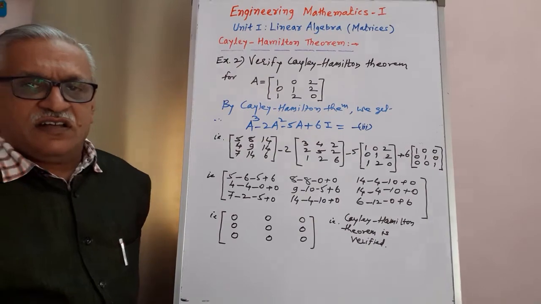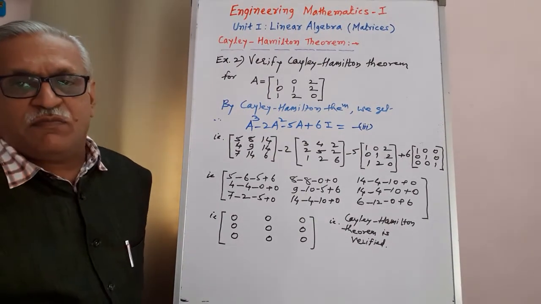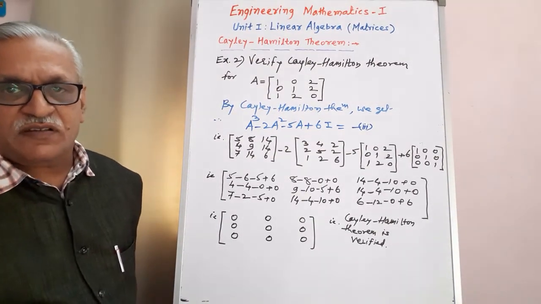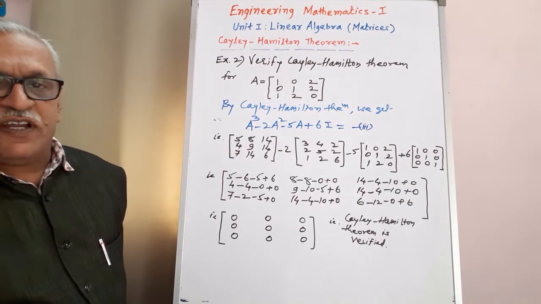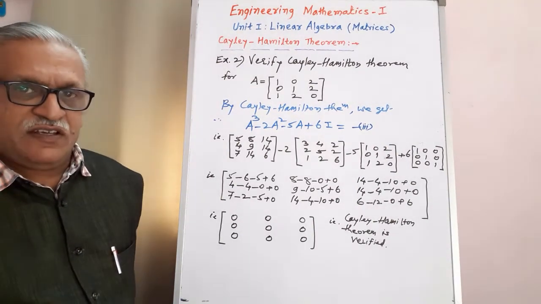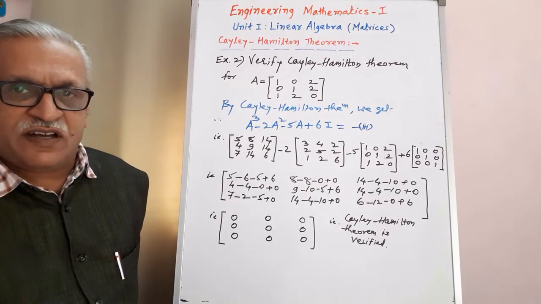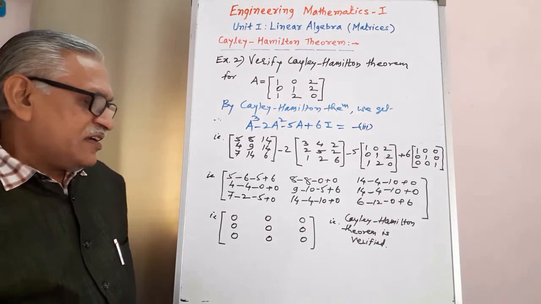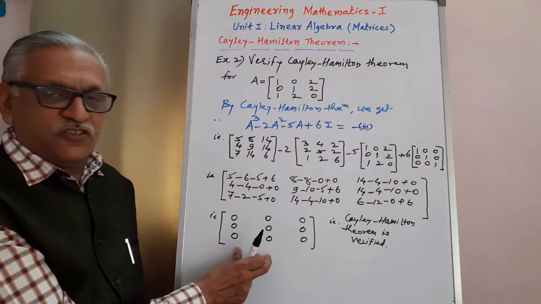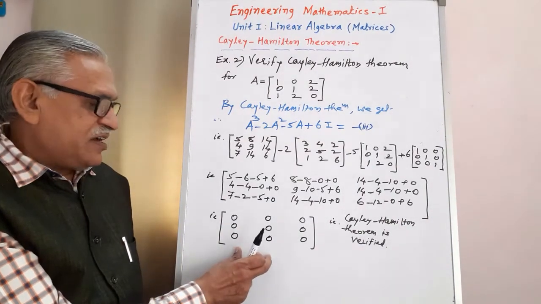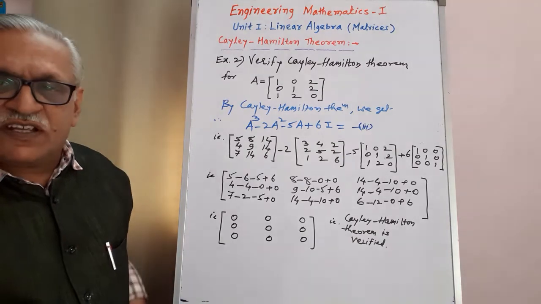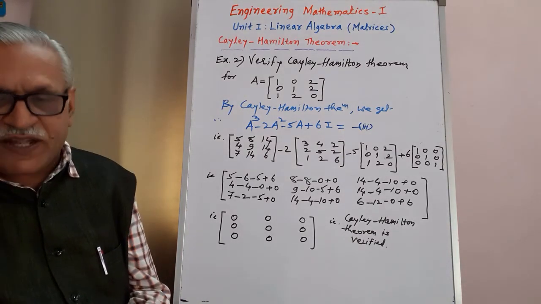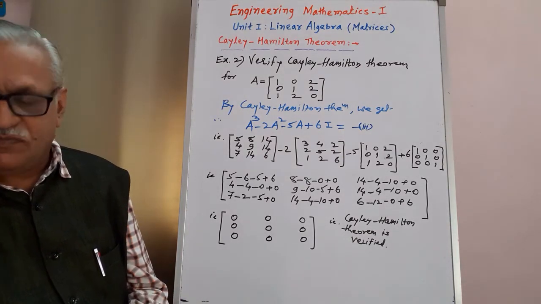Important one is here, you must be perfect in matrix multiplication. All calculation must be error free. It is without any error. If you perform all the steps correct, then only you are able to get that last matrix as a zero matrix or as a null matrix. Therefore, be very, very careful while performing the matrix multiplication.